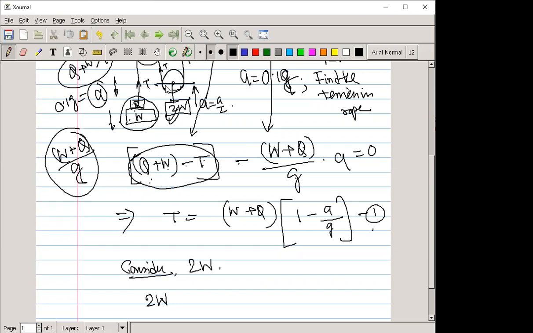So that means the tension in both is higher. So we have to write 2T, as there are two ropes. 2T minus 2W is equal to 2W, the weight, divided by g, this is the mass, into acceleration. Acceleration here, as per the question, is A dash. Here it is given A dash is equal to A by 2. So you can write acceleration is A by 2. This is equal to 0.